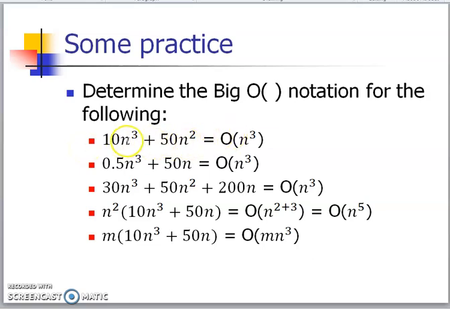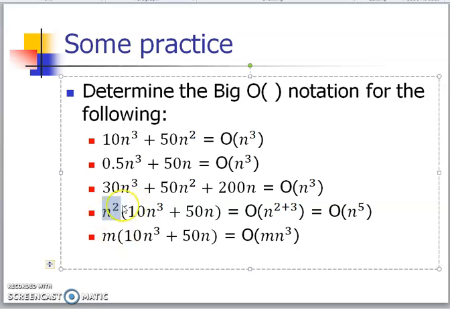You need to see that the first 3 operations are pretty straightforward. For this one, n to the power of 2, when you multiply into that one, you will actually end up with n to the power of 2 plus 3. So you need to understand, when you multiply things in, you will get n to the power of 5. This one is something very interesting. This is saying that this program requires 2 parameters to do the operation. So both of them need to be